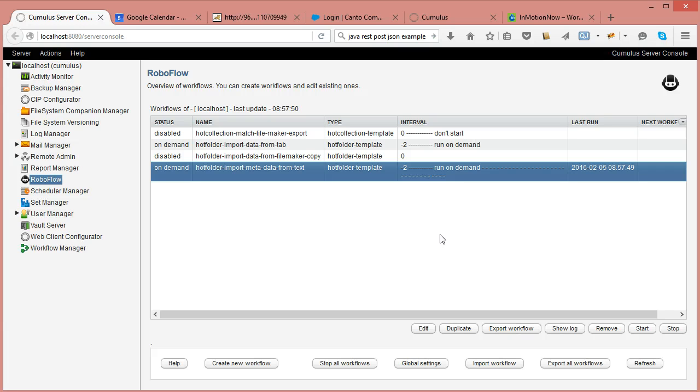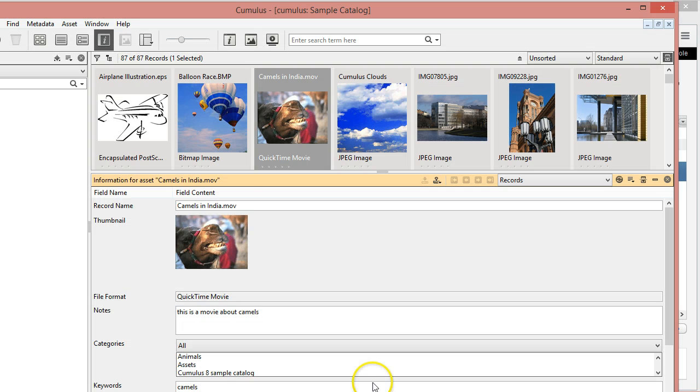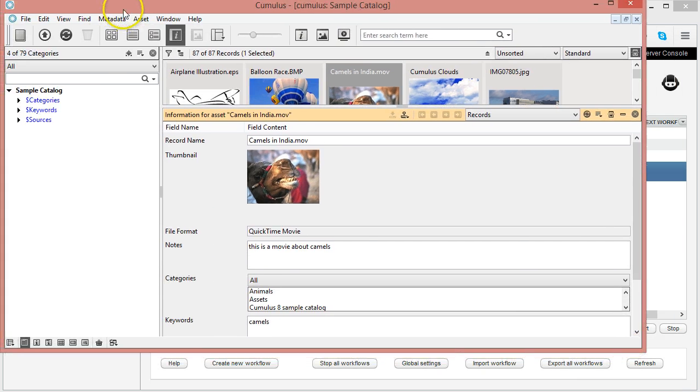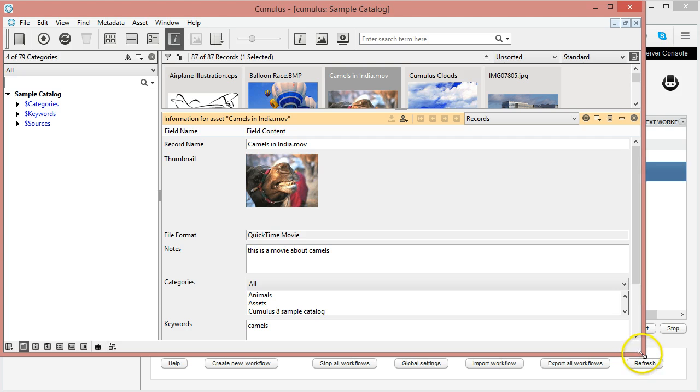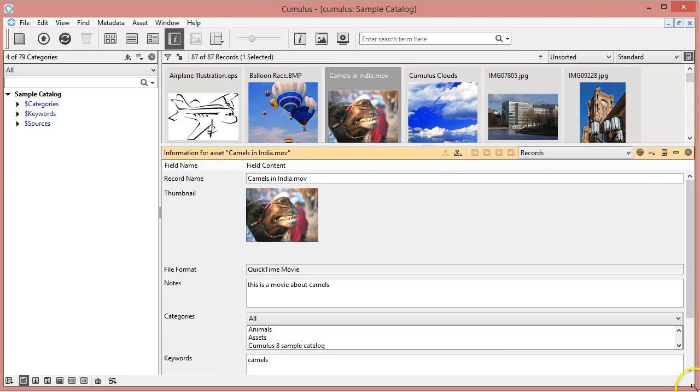In this training movie, I will show you how you can import tab-delimited text or comma-separated text, CSV files, into Cumulus. I prepared the workflow, so I'm first going to demonstrate the purpose. Imagine that you have a Cumulus catalog in which you want to import some metadata that was created by users,